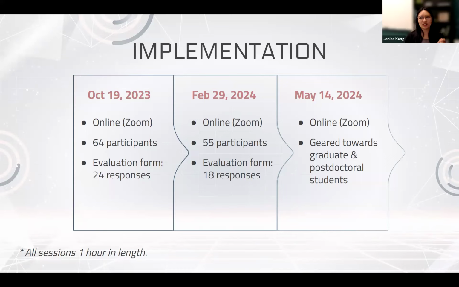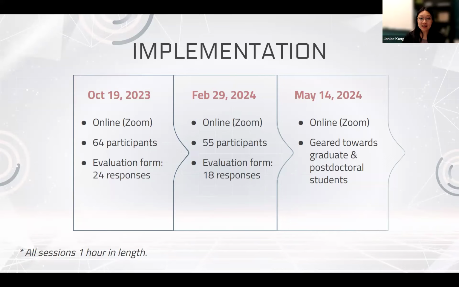And that was a conscious decision because I wanted to ensure that it wasn't too long, especially for an online workshop or event, where people kind of lose or fade in terms of their attention span. So I thought, oh, it should not be more than an hour. But we'll talk about that in a moment in terms of the duration of the workshop.